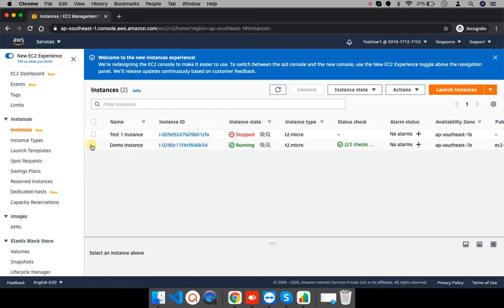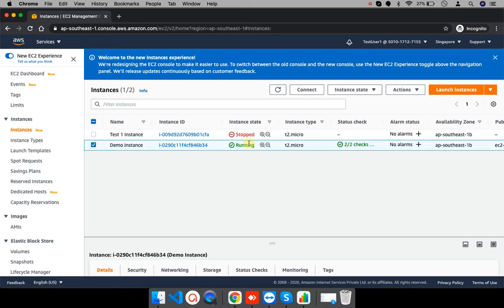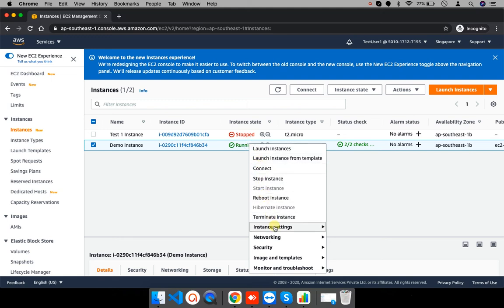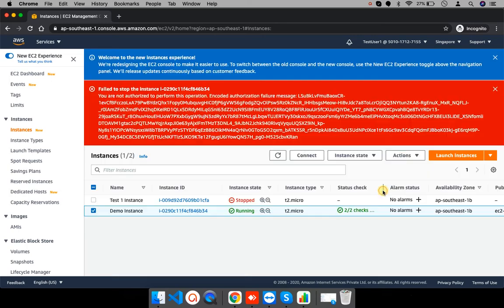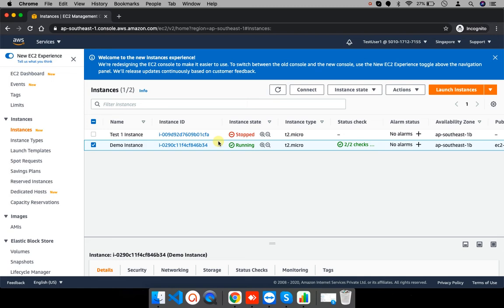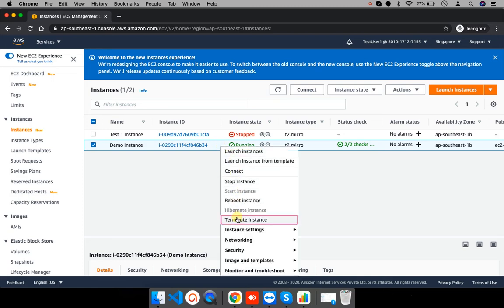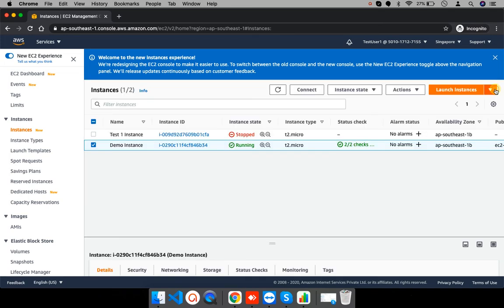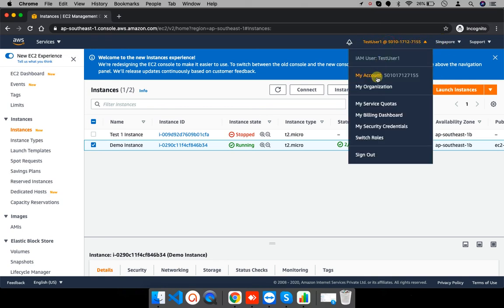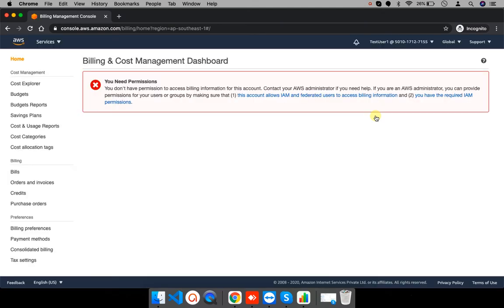I'll try to stop the instance. And I got a message that it failed to stop the instance. Now I'll try to terminate the instance. And again I do not have permission to terminate the instance. Now I'll try to go to the billing dashboard. Yeah, I am not allowed to see this information.